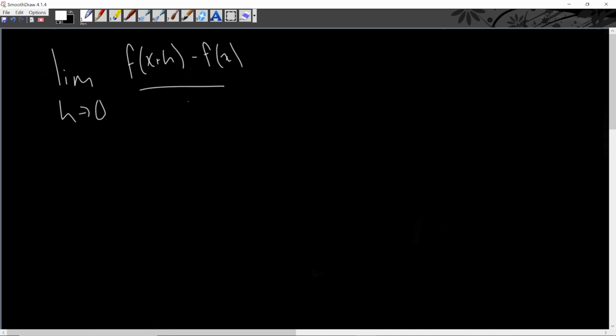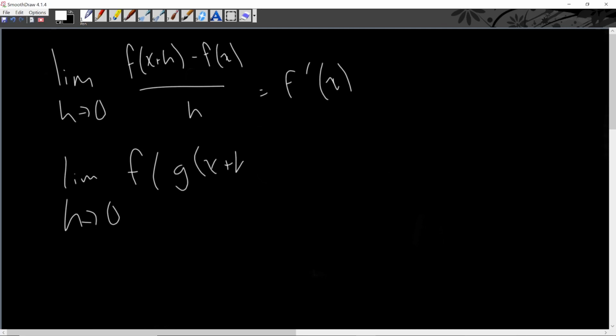of the chain rule. This is going to be relatively quick. I feel like this isn't super necessary to know, but it is nice. So, yes, if the limit as h approaches 0 of f of x plus h minus f of x all over h is equal to f prime x, then we can use g of x as our input and then plug in g of x for every spot where x exists. So the limit as h approaches 0 of f of g of x plus h minus f of g of x